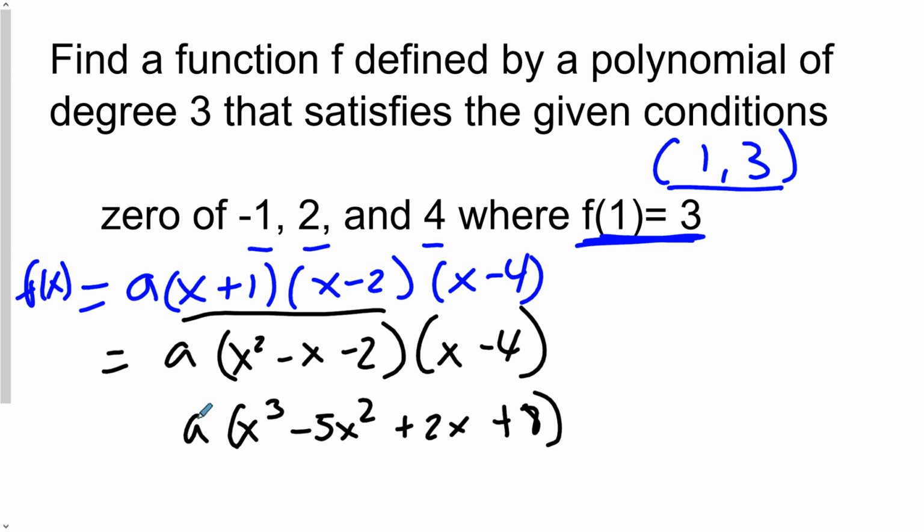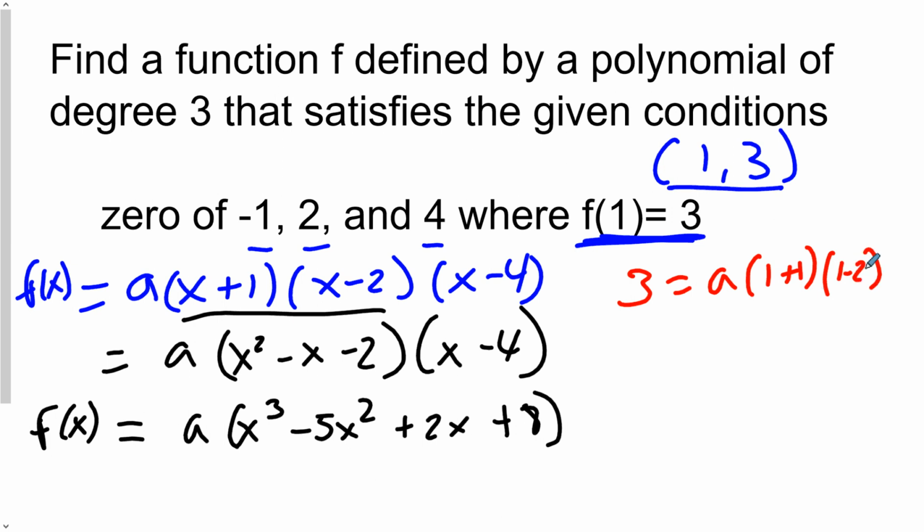So there we have our a equals f of x. Now in order to find that a, I want to substitute in this point (1, 3) into our original equation in blue. So I'm going to substitute my y, which is 3. So 3 equals a times my x, which is 1 plus 1, times 1 minus 2,